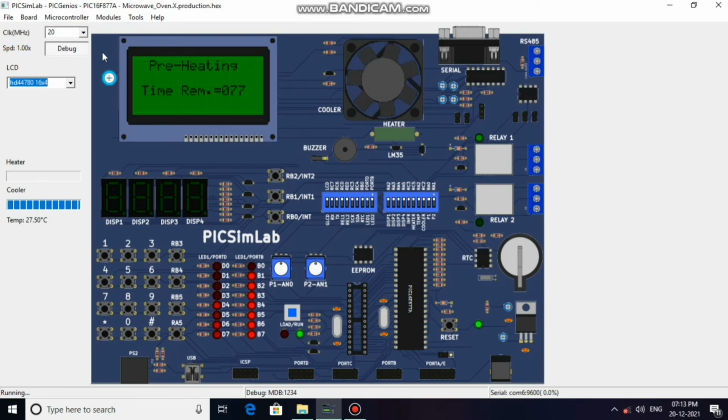So next I have used the clock CLK in megahertz. I have given 20, and we have to wait for a few more minutes for the preheating of the oven to end. So you see, there are two basic types that we are using in LCD models. There are character LCD and graphics LCD.